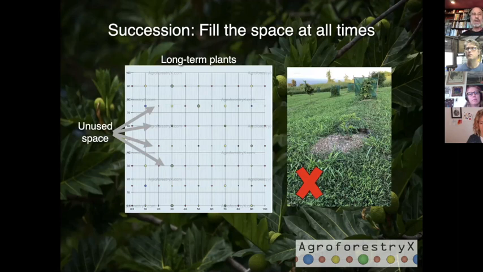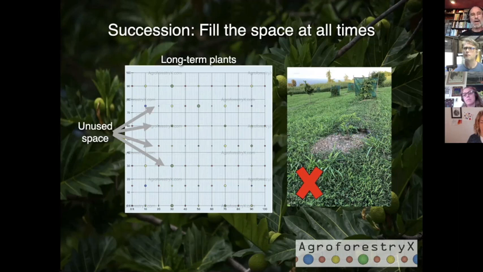Now, I want to talk a little bit about succession, because what you don't see in that Samoan example is that it didn't start out as a planting of just those few species. It started out as a planting of many species, and some of them were long-term, which we see in the photo, but some of them are short-term or medium-term. That's our language for the plants that don't last longer than about 4 years.